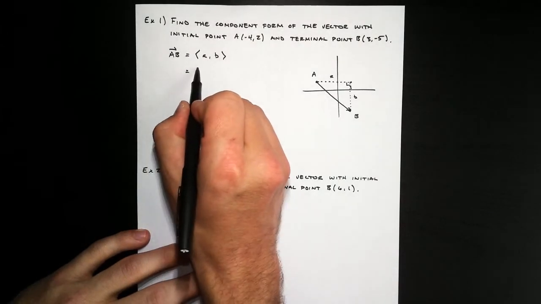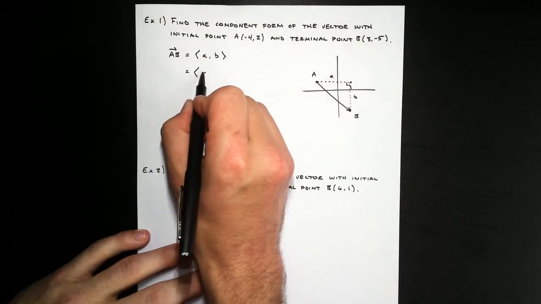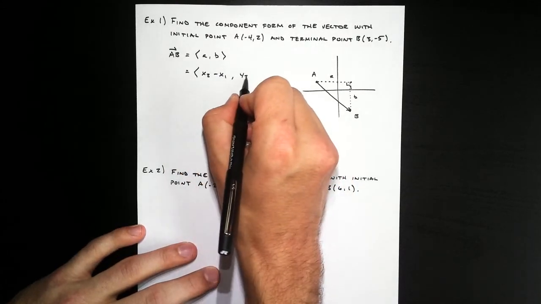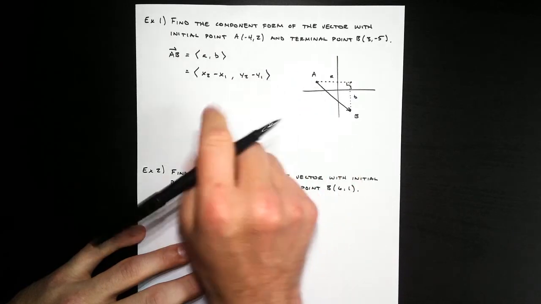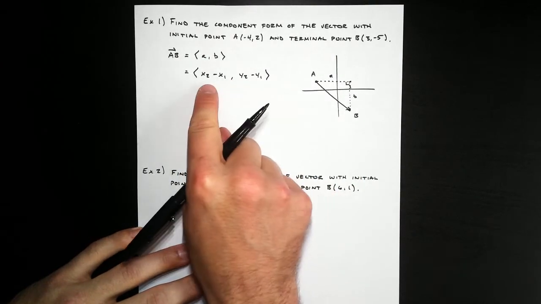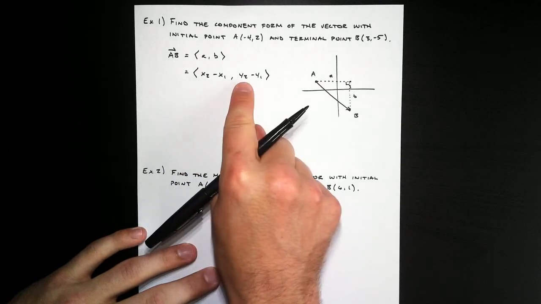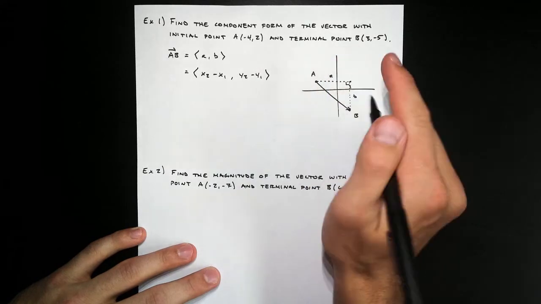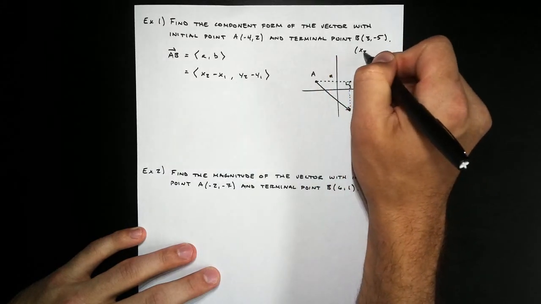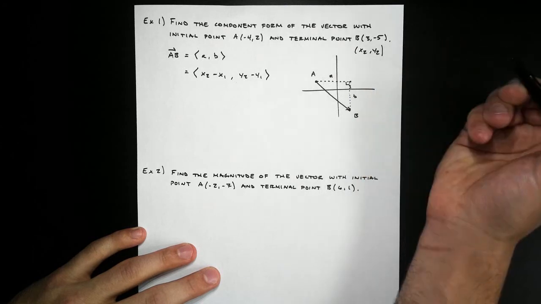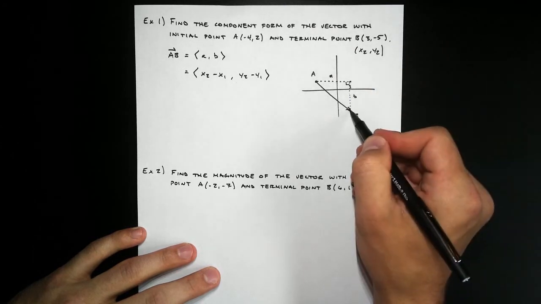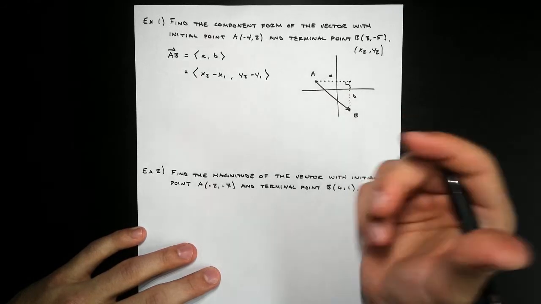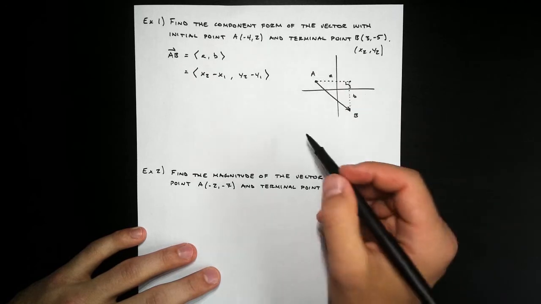So in other words, the component form of a vector is my two x values subtracted and the two y values. The only thing that we need to be careful of is x2 and y2. Those have to be my terminal point. So this has to be x2, y2. And the reason we have to be careful with that is just so that we have our vector pointing in the right direction. If I flip these around, my vector would actually be pointing the other way,